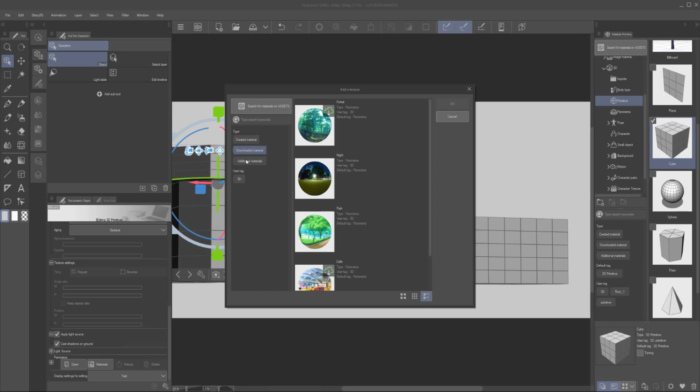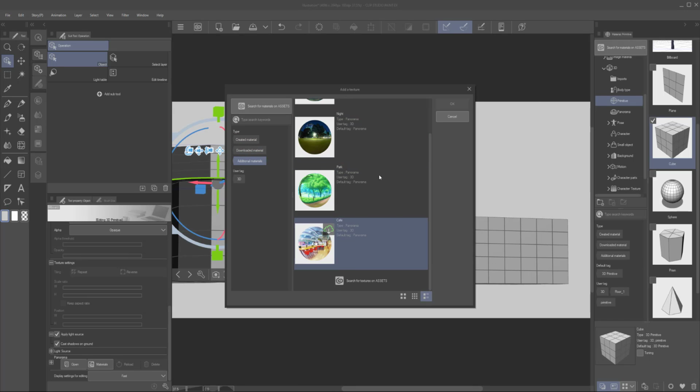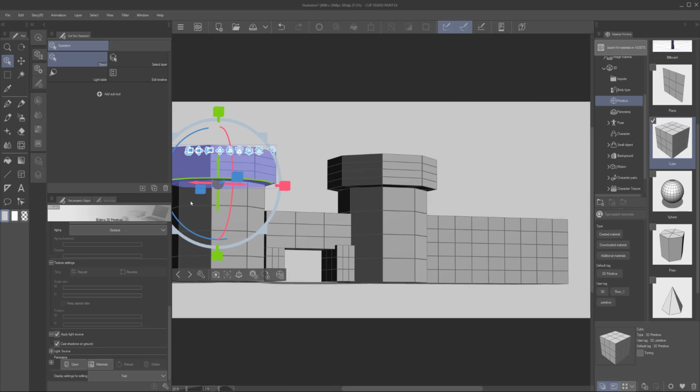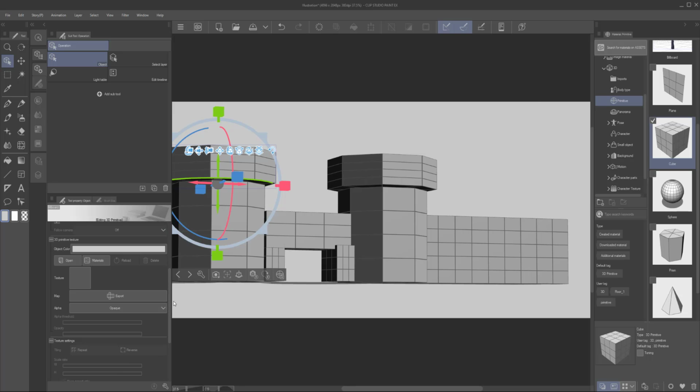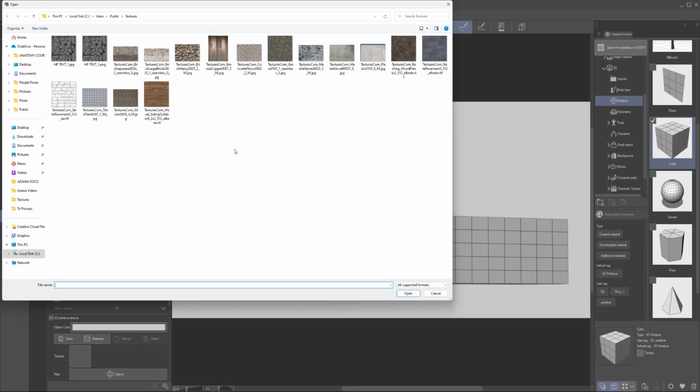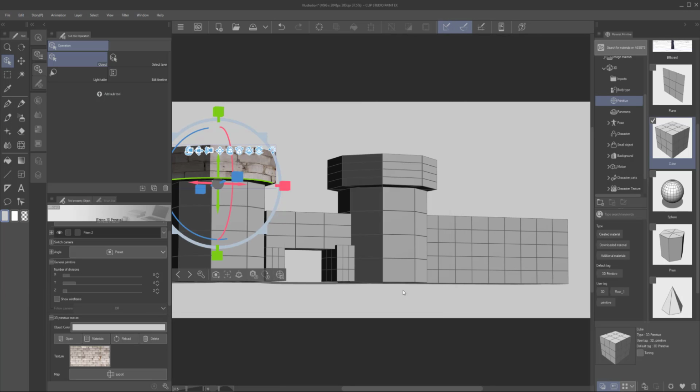Let's see. Additional materials? I'm kind of wondering what's going on here. Because I know they're over there. Oh. Texture? Well, you know what? Instead of me fumbling around here, let me go ahead and use my texture that I have. Let's go ahead and use this textures.com. I'm going to open this up. And as you can see here,